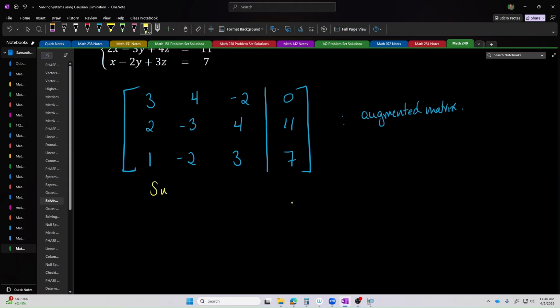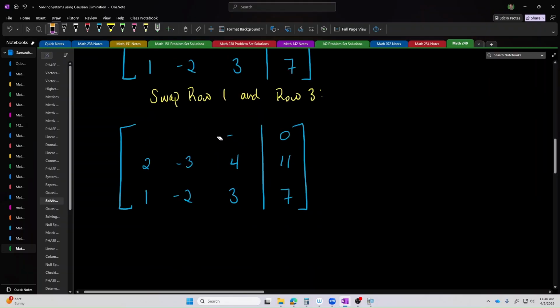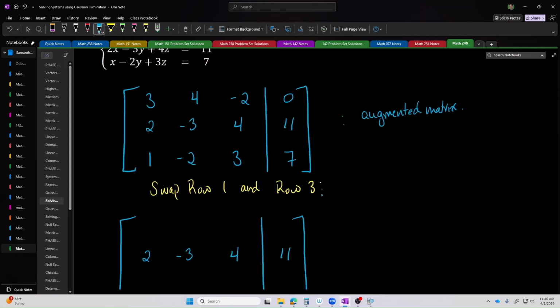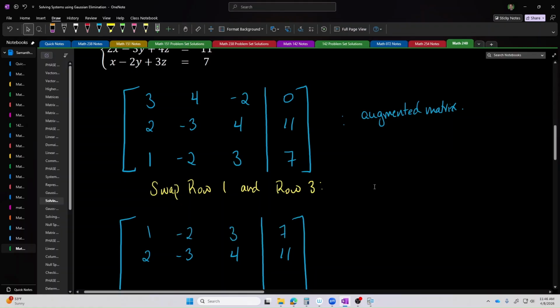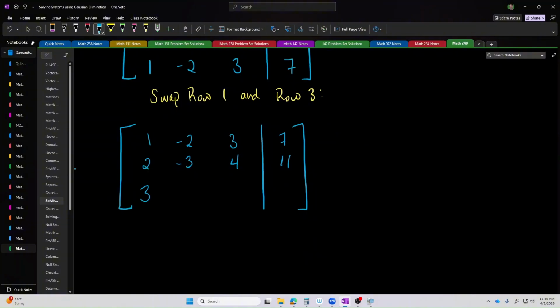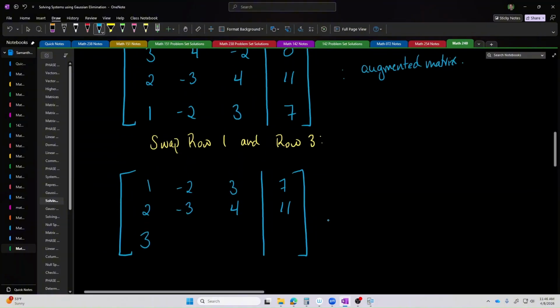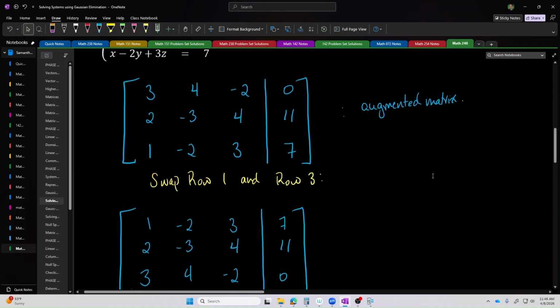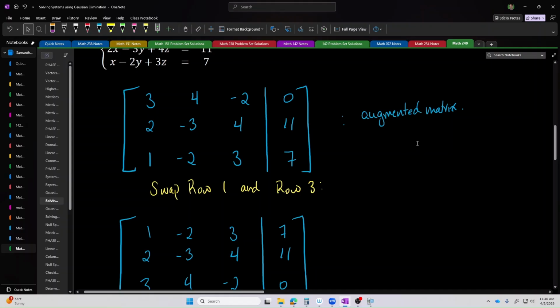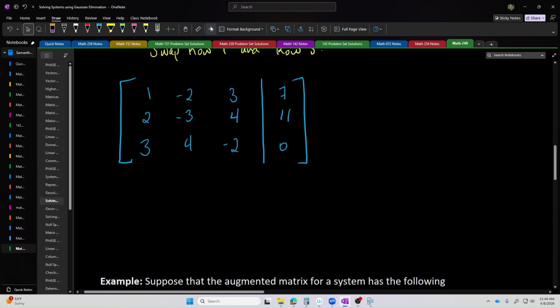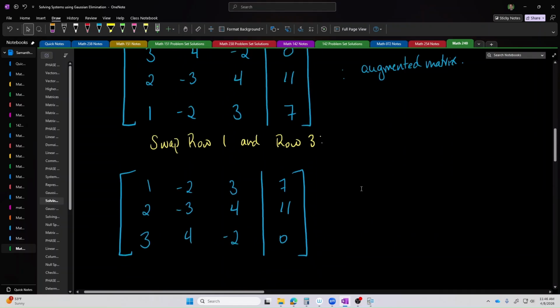So just commenting my steps here, I'll say I'm going to swap row 1 and row 3. So that's going to turn my first row into 1, -2, 3, 7. And it's going to turn my third row into 3, 4, and -2. Once again, if you have access to a graphing calculator that can do this for you, go ahead and use a graphing calculator for it. But for folks who may not be able to afford a graphing calculator, I'm just going to go through this